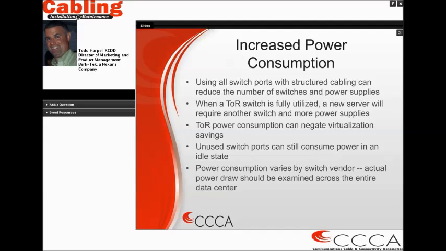So when we're installing all of these top-of-rack switches, we're talking about a lot of unused ports, but the power supplies are still needed there and consuming power to support those unused ports. So your power consumption may vary by switch vendor, and the actual power draw could be examined across the entire data center, but what we're seeing is a large amount of power being used to support unused equipment and unused